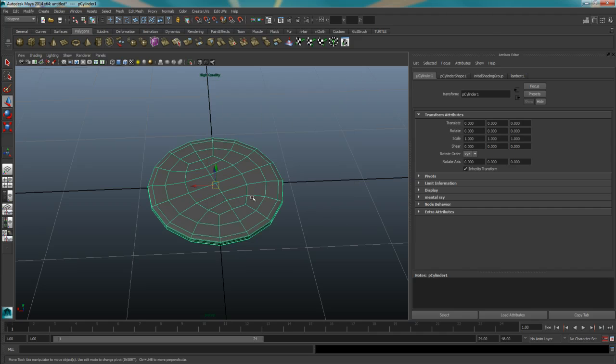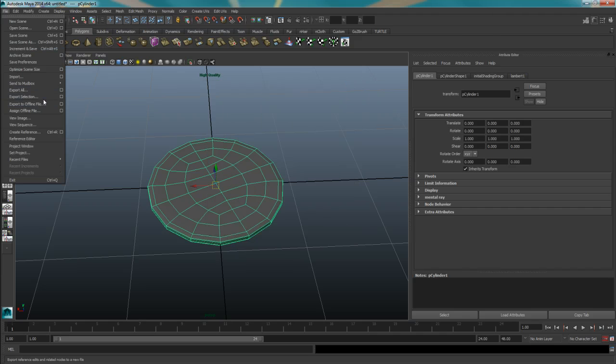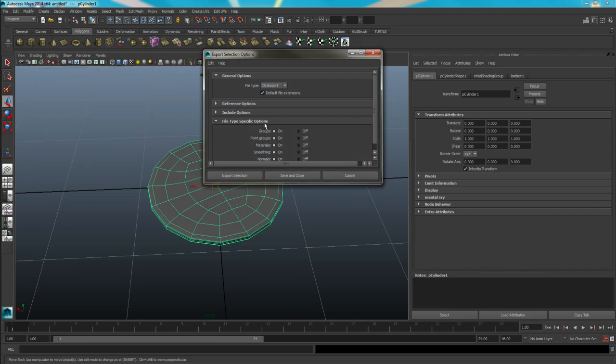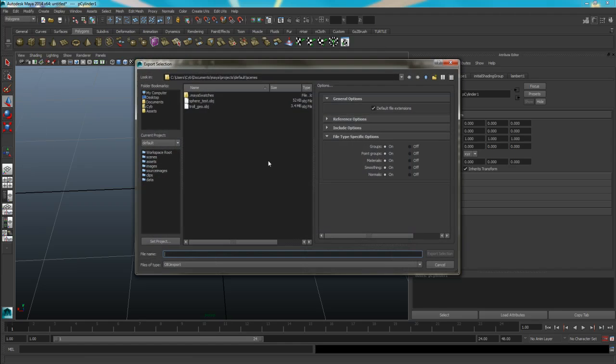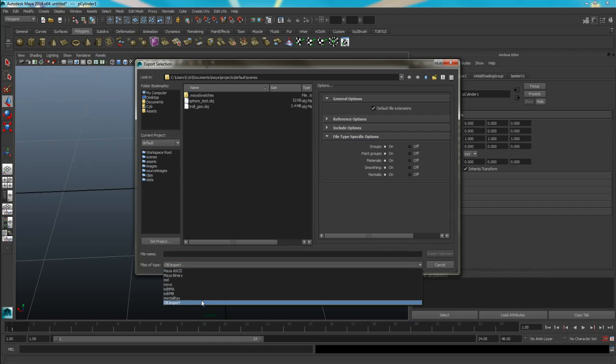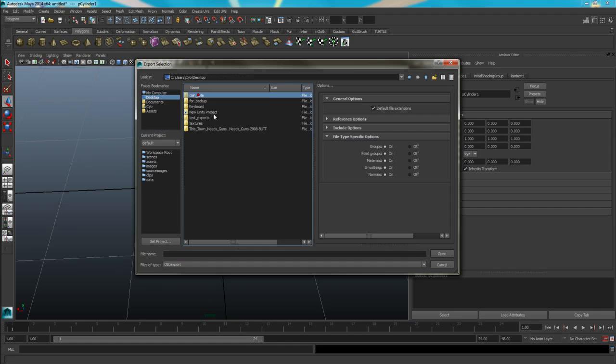And then that means that when we select this and we go down to export selection, we can choose OBJ. If we hit that square like I did, we don't need to do that. It gives us the option to export OBJ. So I've got a folder on my desktop called CoinTute, and I'm going to call this coin for Mudbox,